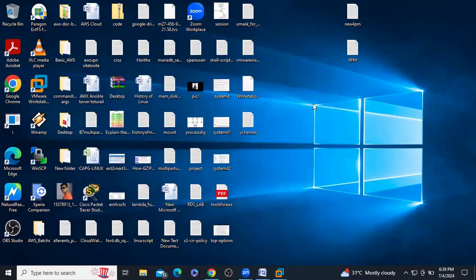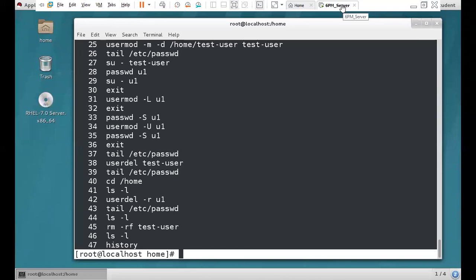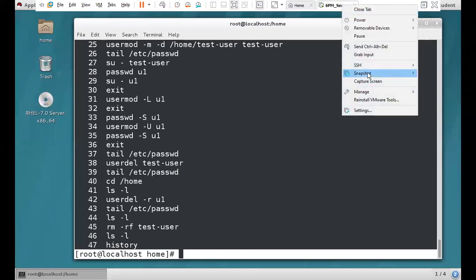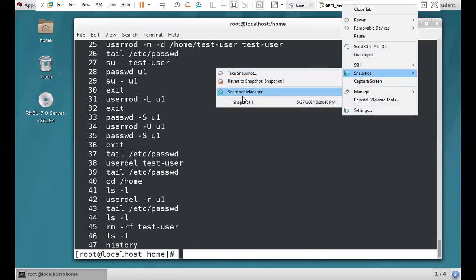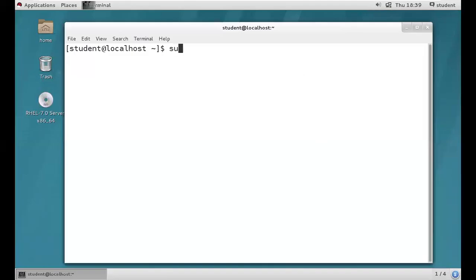So let's see, guys. I'm going to reset this one again. So now how to create the user account, guys? Which command do we need to use? useradd is a command, right?